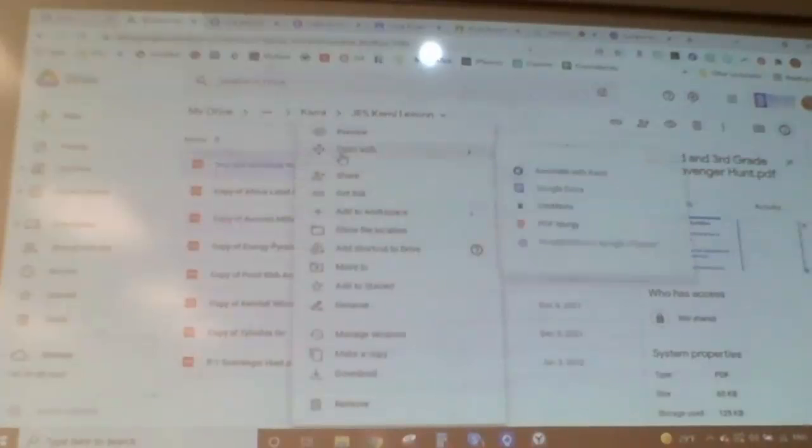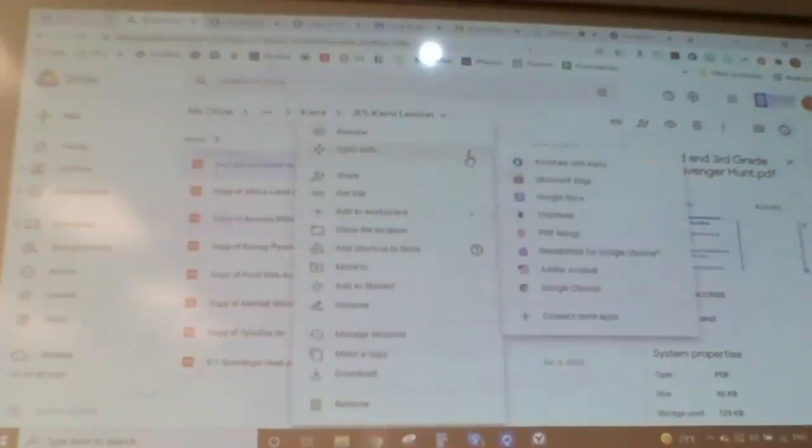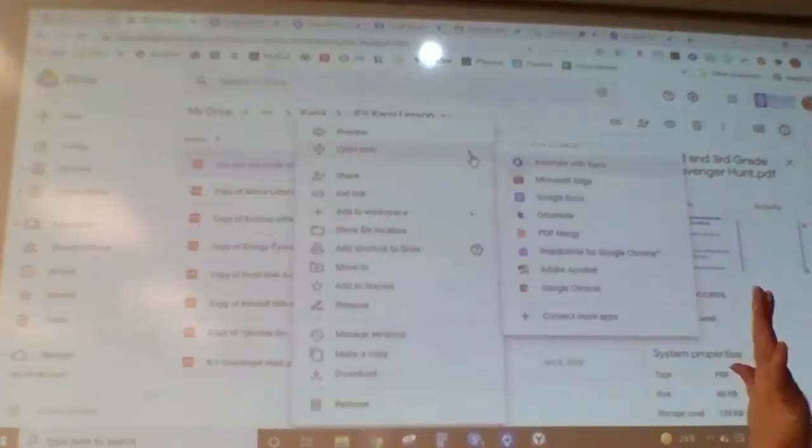If you don't want to check that and you do want to open something in Cami, if you just right click on something and go to open with, Cami is one of your choices. So that way you could do it either way. Do they ever do this system wide? I feel like any PDF we open